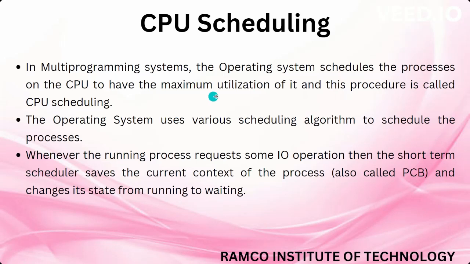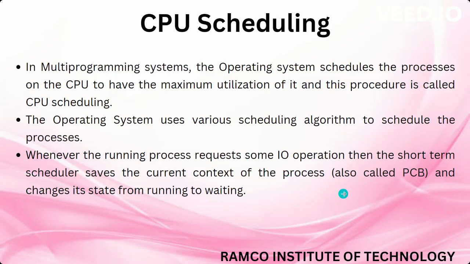In multi-programming systems, the operating system schedules the processes on the CPU to have the maximum utilization of it, and this procedure is called CPU scheduling. The operating system uses various scheduling algorithms to schedule the processes. This is the task of the short-term scheduler, to schedule the CPU for the number of processes present in the job pool. Whenever the running process requests for some IO operation, then the short-term scheduler saves the current context of the